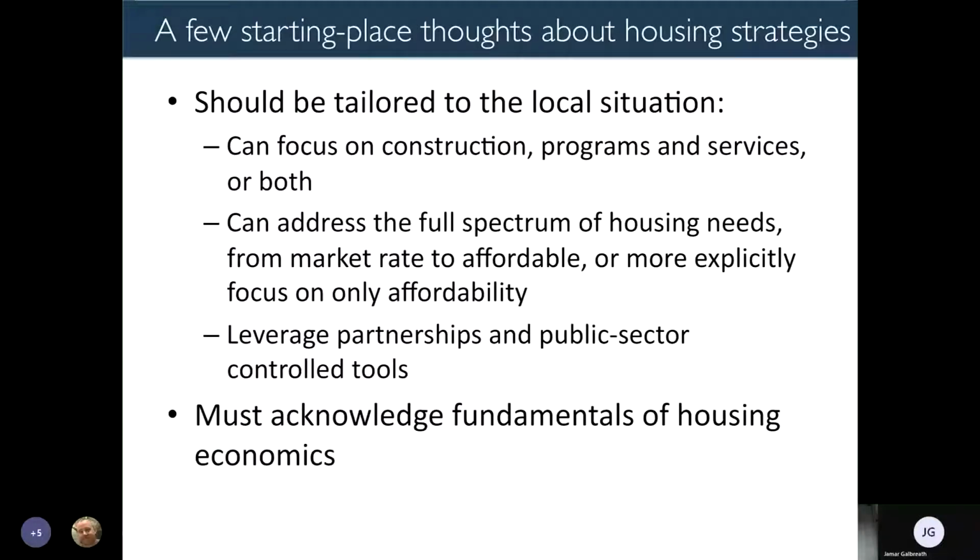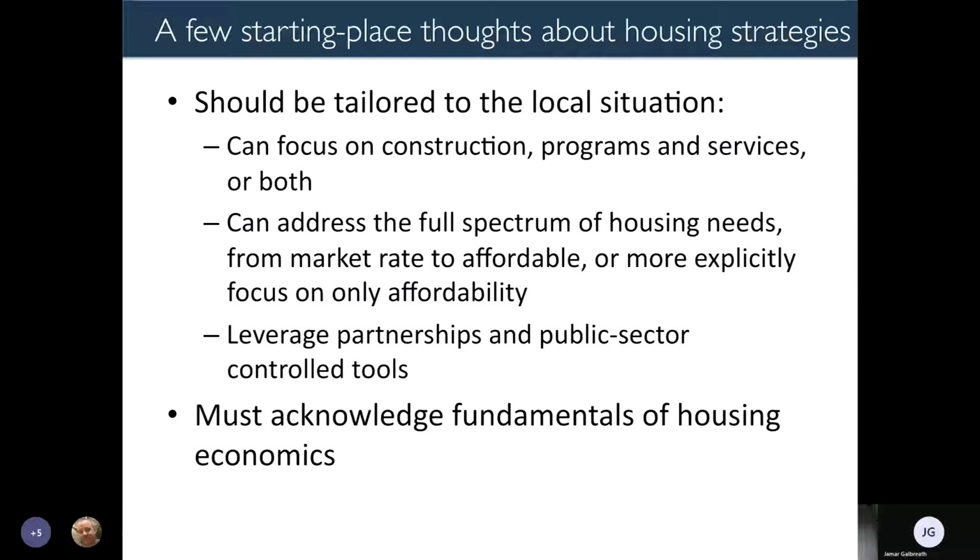So I really just want to put a few starting place thoughts out there. This is literally our first conversation about the meat of this. So I'm intentionally leaving this pretty generic and trying to give just some starting place thoughts about what we have run into in the many housing strategies that we have done, and some of the lessons that we've learned in that process. So first of all, the local situation absolutely needs to drive the content and the focus